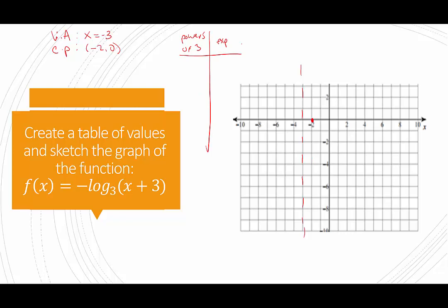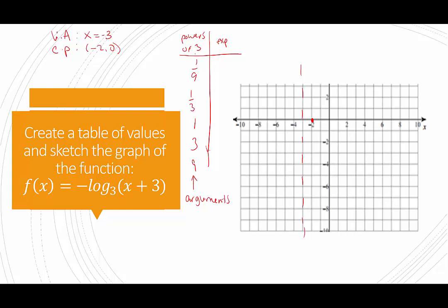So powers of 3 would be 1/9, 1/3, 1, which we know is our critical point, 3, and 9. And then the next one would be 27. So our goal is, this is what we want the arguments to be. We want to create arguments that are these numbers because those are the powers of 3. And then just so that we know for future reference, so that I don't have to keep challenging my brain,